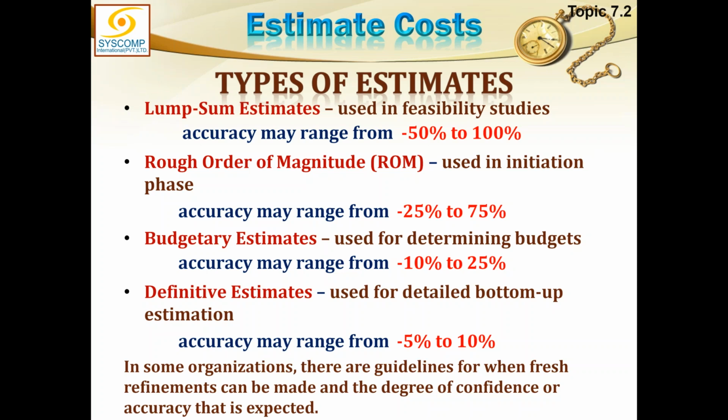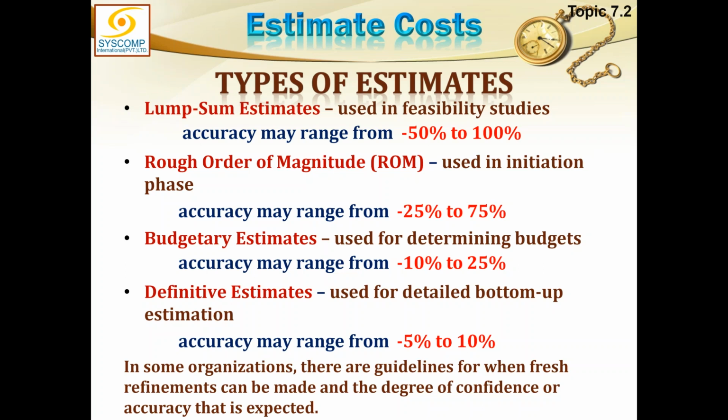Then is the budgetary estimate. The people who are assigning you the budget, they are not calculating everything down to the activity level, but at some higher level, they have some broad categorization. This budgetary estimate is much better than the rough order of magnitude, but it is still not as good as the definitive estimate, which is the detailed estimate. So the acceptable range of fluctuation within this budgetary estimate could be -10 plus 25%. Meaning what? That if you have quoted 100,000 rupees, it could be done at minimum in 90,000 rupees and